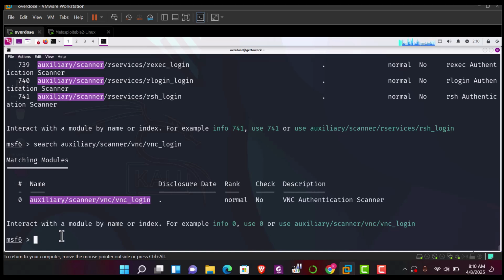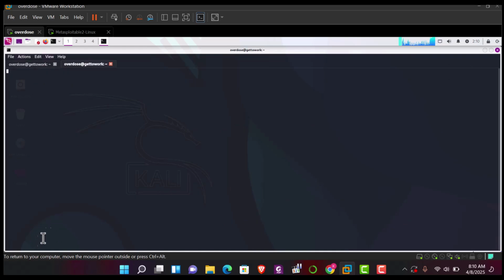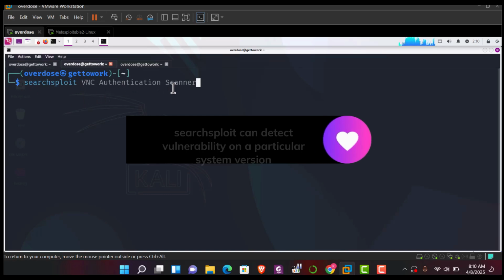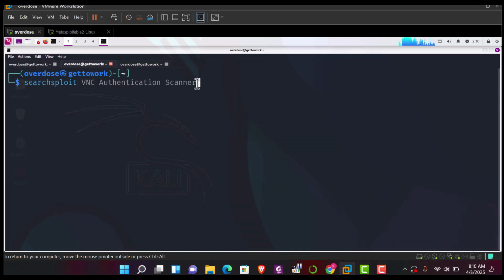So I will open another tab in my terminal with Ctrl+Shift+T. Once I open it, let me magnify it so that we can see it. So I will type searchsploit, then the VNC authentication scanner, the one that we detected. Once I click enter,